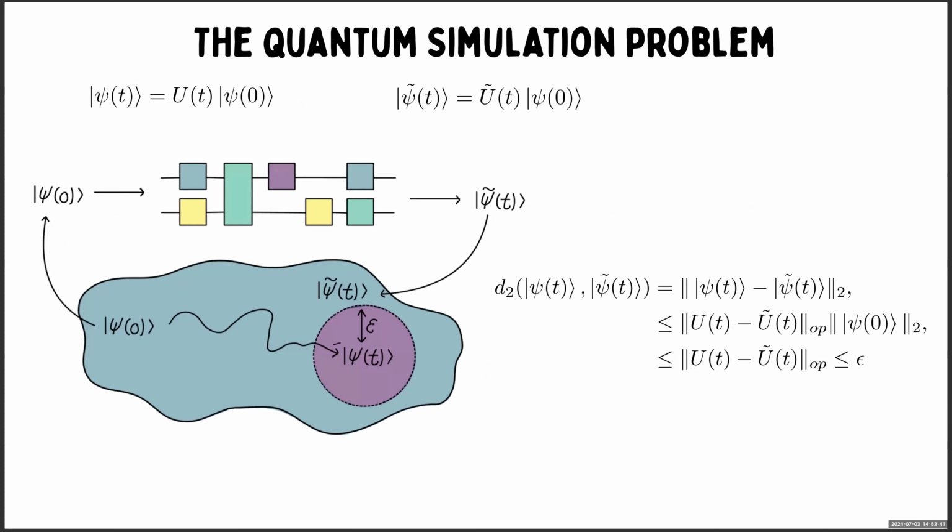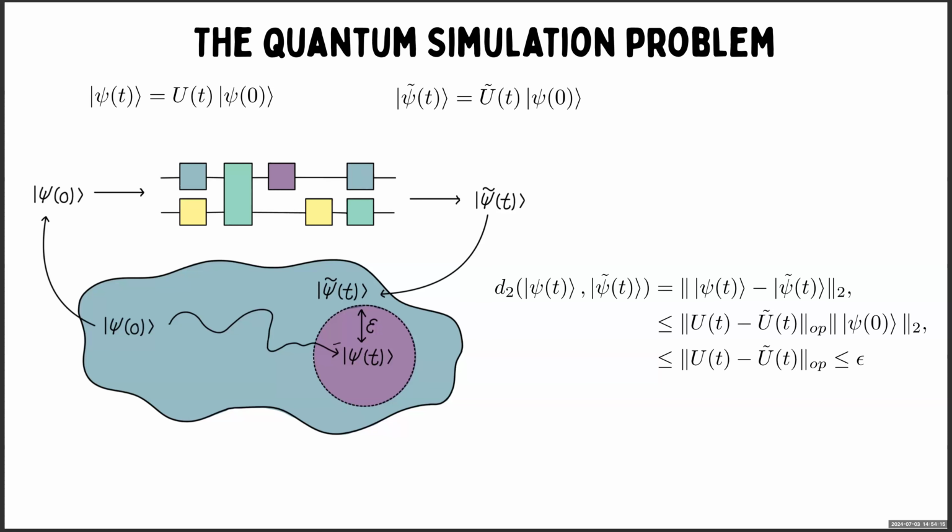And I can finally just show you one more thing. We can go talk a bit more in detail about this picture that I put up in the beginning. So now we know that the state at some time t is given by U of t acting on psi of 0. And when we prepare psi of 0 on our quantum computer, we use the sequence of gates to realize the approximation U tilde of t. And the output state of our quantum computer is going to be psi tilde of t. Okay? And we want a way to guarantee